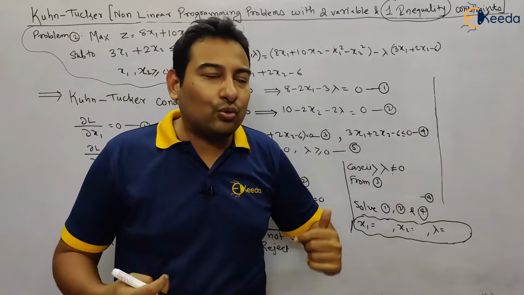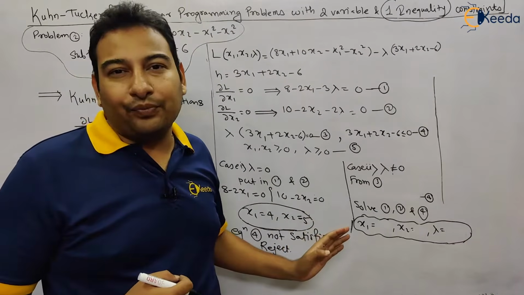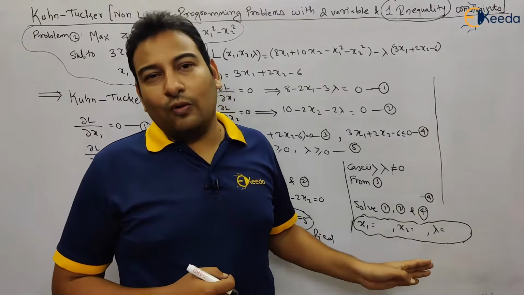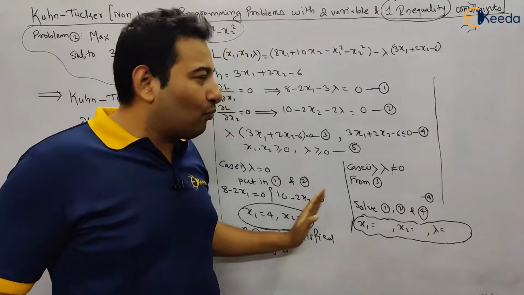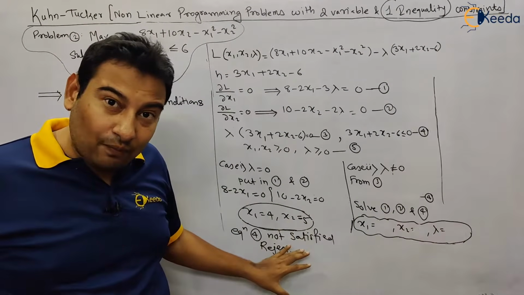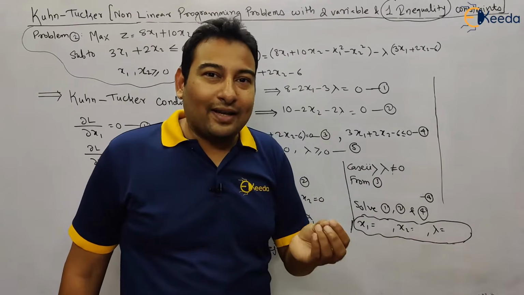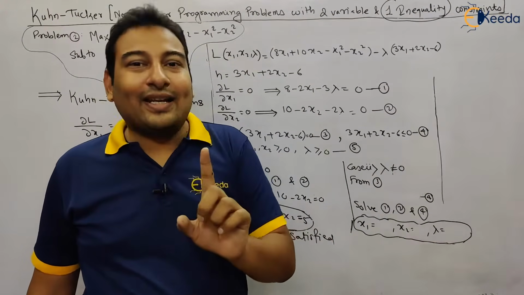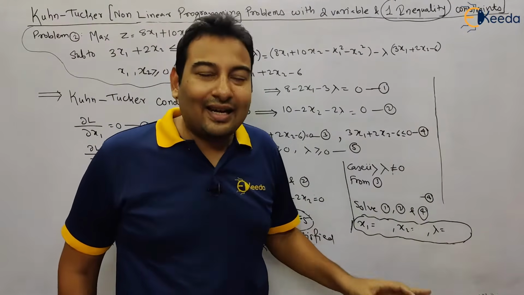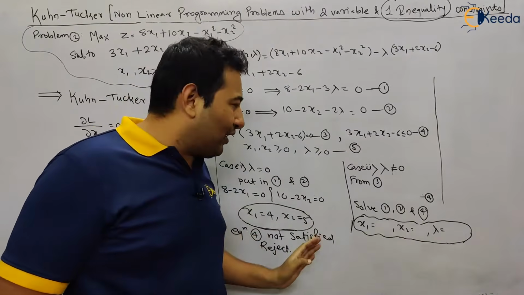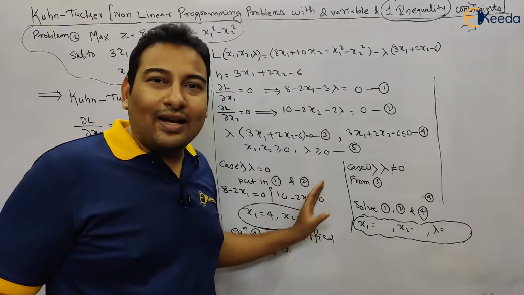Now the next question that student thinks is, sir, if we getting answer in case number 1, shall we still solve case number 2? It's not necessary, but it's recommended that you solve both the cases. If you get the answer in 1 also, then also solve case number 2, so that at least you can verify. You will get answer in only one case. If you getting answer in case number 1, obviously case number 2 will be rejected, but try in the exam